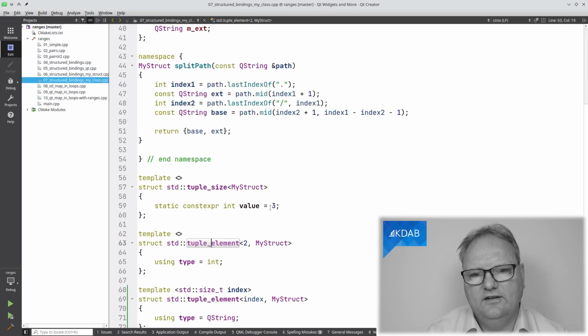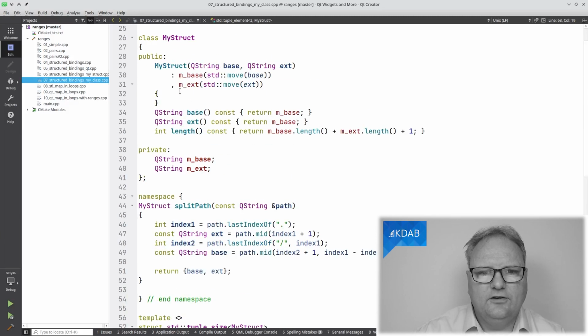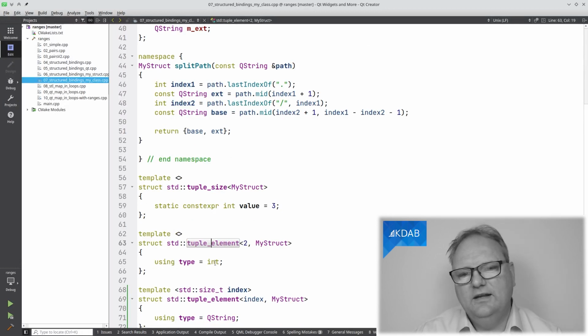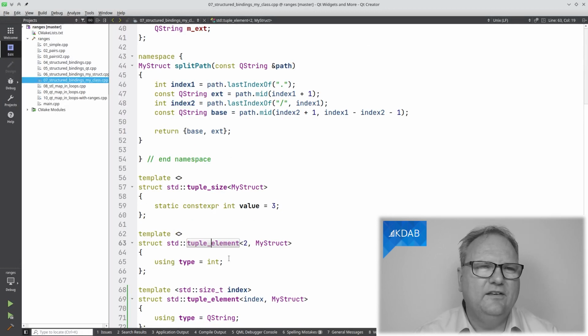And it looks like this. So MyStruct, that's the type that I support unpacking. Number 2, that is, if I scroll up here, 0, 1, 2, so that's the length that I have here. Number 2 is specifying this using type equal to int. That's this type alias mechanism.